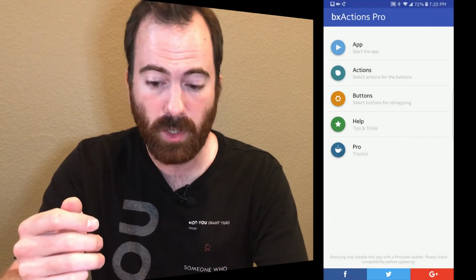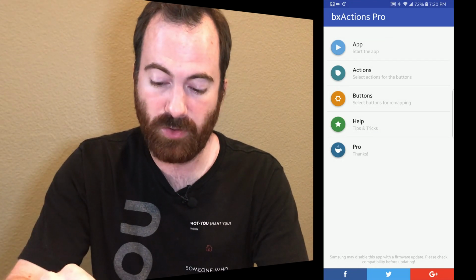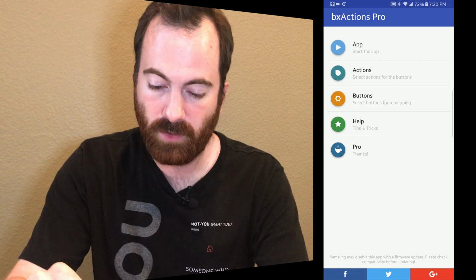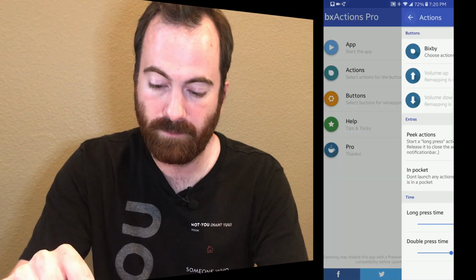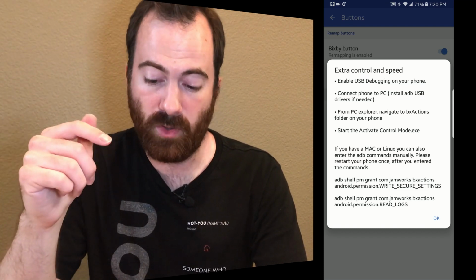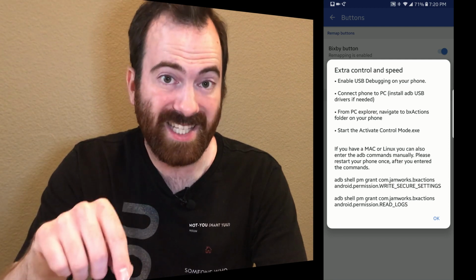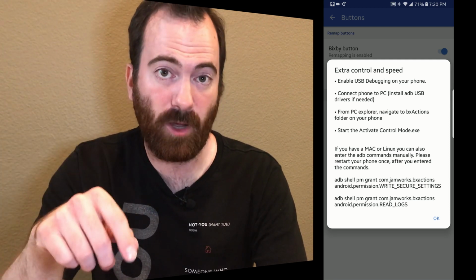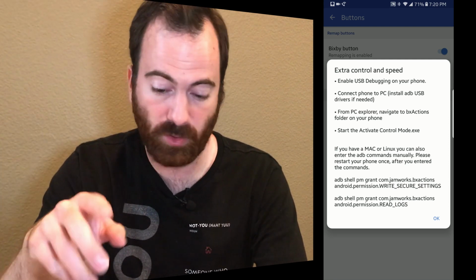Now the free version, you have to do a little bit of things. So you have to first start the app. So what I'm going to do is you're going to start the app, and then you're going to hit under the buttons area. It needs to gain extra control. So you're going to need to either use the app when you plug this into a PC. You're going to either use the exe file that it walks you through